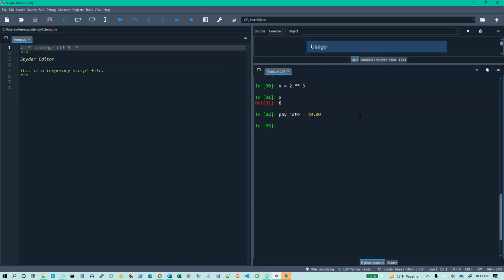$10 an hour. Hours equals 40. And pay equals hours times pay rate. Let's see what pay is. It should be 400, and it should be a floating point 400, because pay rate is floating point. Okay. Now, if I do pay rate